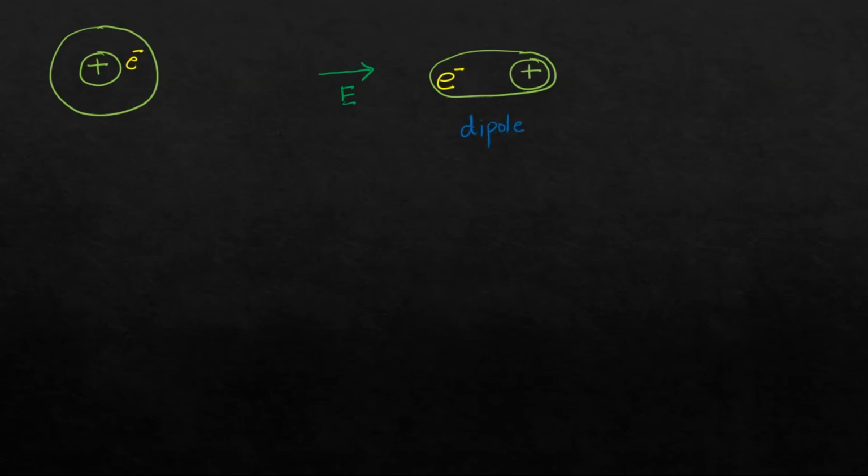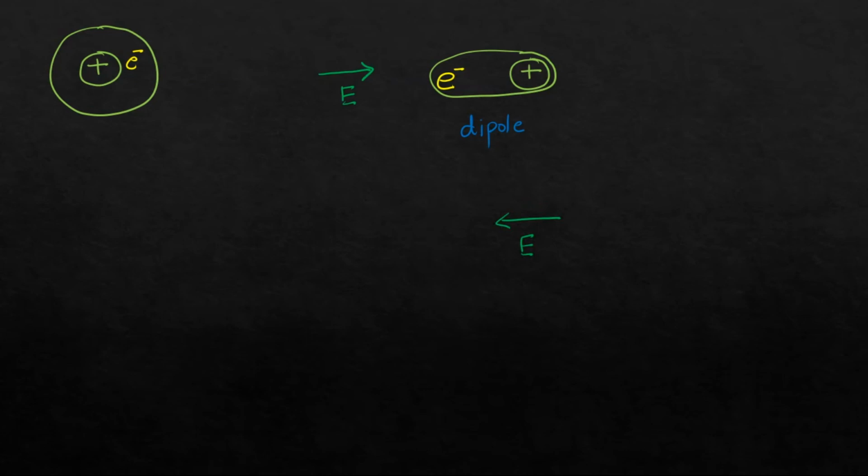Now basically for current conduction, we need free charges. But though the positive and negative charges have separated from each other, there is still no free charge for flow. If there are no free charges that can flow in the conductor, then it is still an insulator. But due to the dipole, it is called a dielectric. A dielectric is nothing but an insulator which has a dipole induced in it by the application of an electric field.